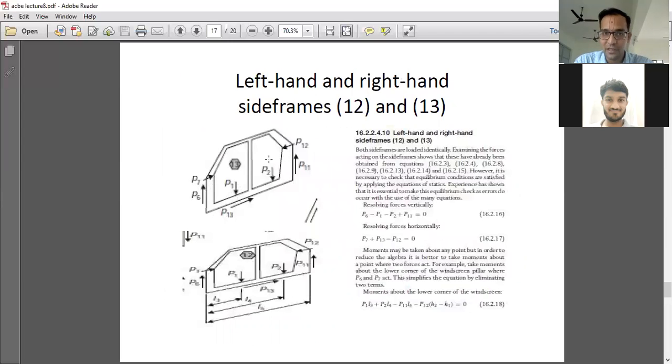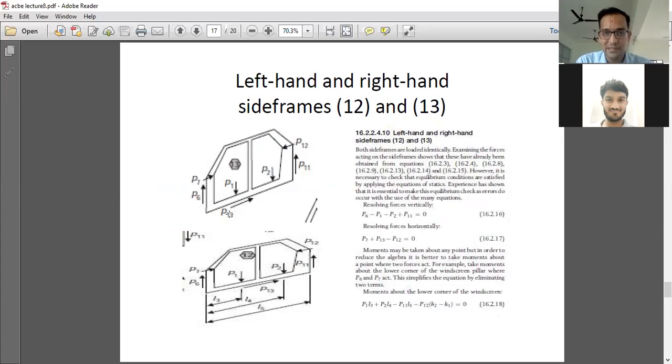In similar manner, we are having P2. From where we have got P11, it is available from panel number 7 and 8. From where we have got P12, it is available from panel 7. And from where we have got P13, it is available from panel number 4. So these are the reactions, and what is going to be the vertical forces equilibrium condition?